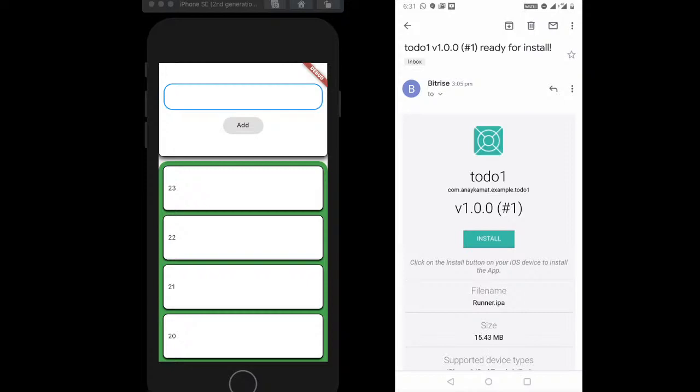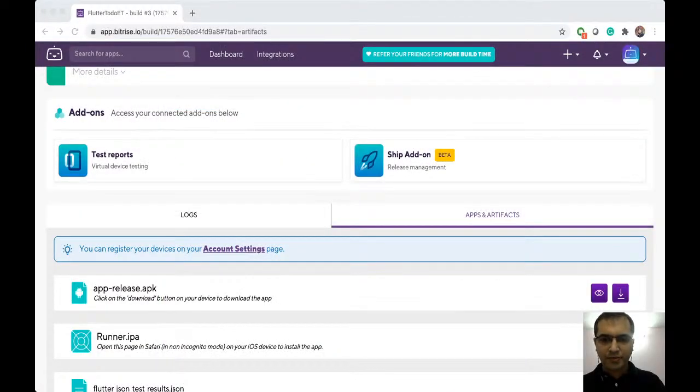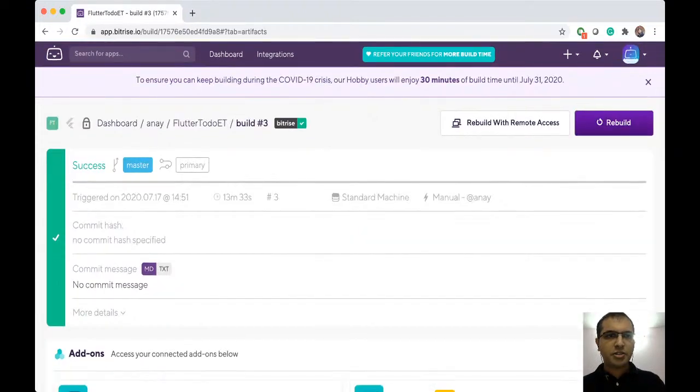As soon as it's pushed, you should see that the build is now running on the browser. Let's go and check the builds, whether it has started a new build.